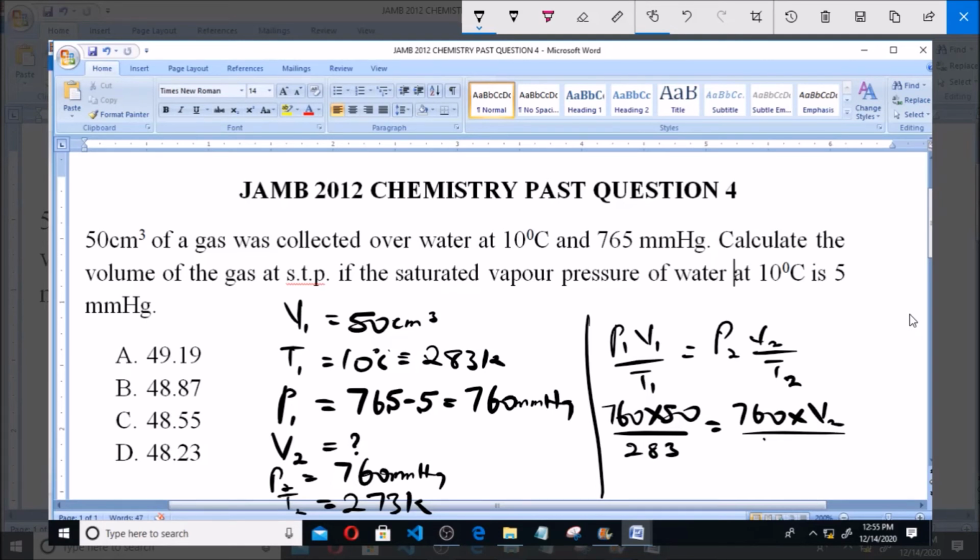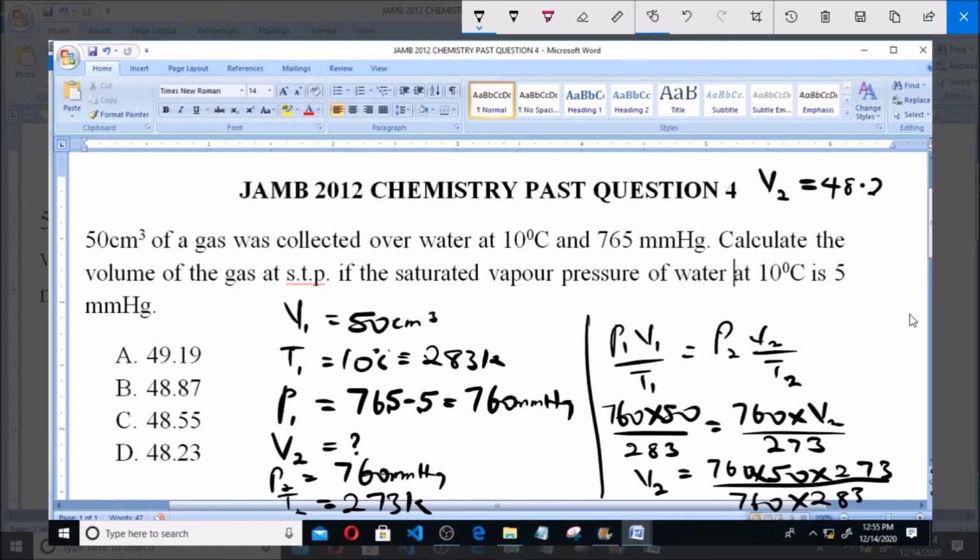From here we have that V2 is equals to 760 multiplied by 50 multiplied by 273 all over 760 multiplied by 283. Now, doing this will give us that V2 will be equals to 48.23 centimeter cube, and that is option D,